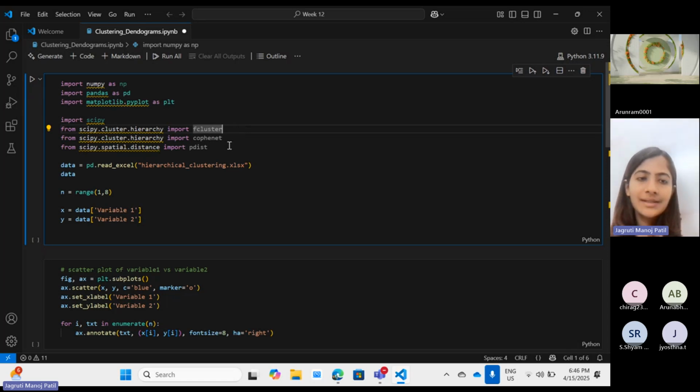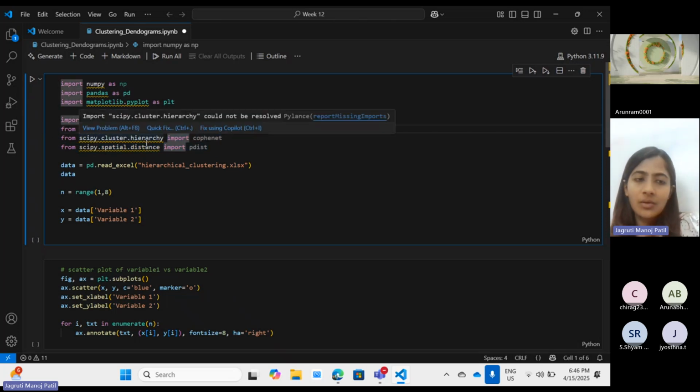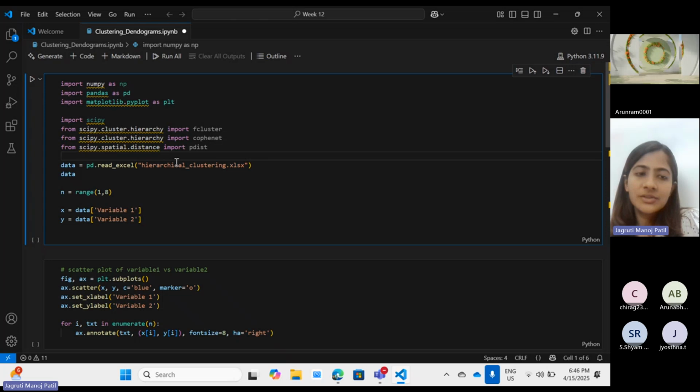Okay, so these are for different distances. Probably we don't need these imports for now, but with this hierarchy, they have just shown what all things are there in the distance. So first you directly read your Excel file, which you always know how to. You have a function, read Excel. Then for making a range for your variables, they have, okay, so what we'll do is like,